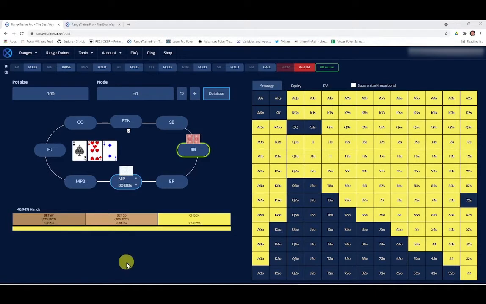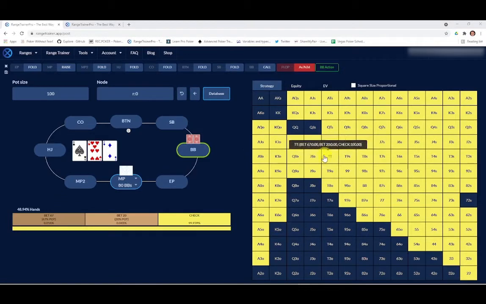When we first select a flop, we see that the action is on the position of the player that's earliest in the hand that we've selected. In this case, the action is on the big blind. And you can see that this was the big blind's calling range against the middle position open with the situation, 80 big blinds. If you're curious about